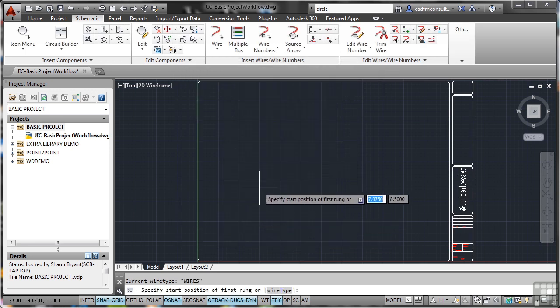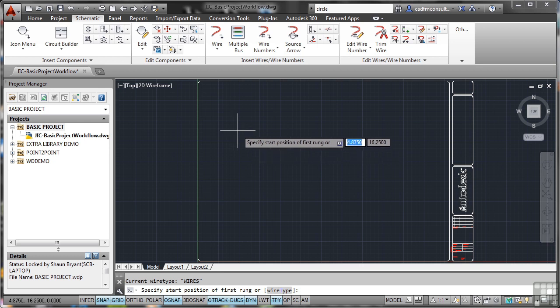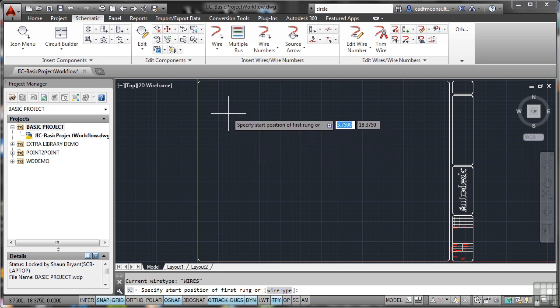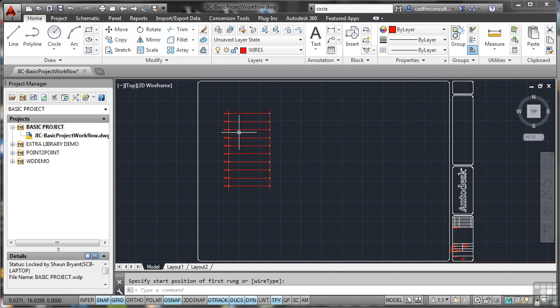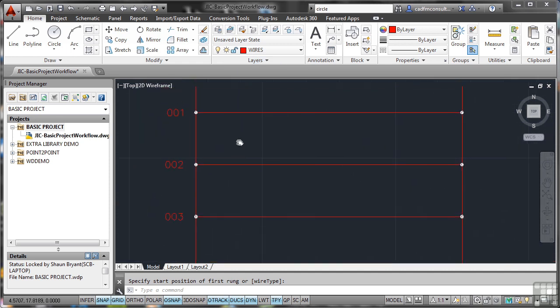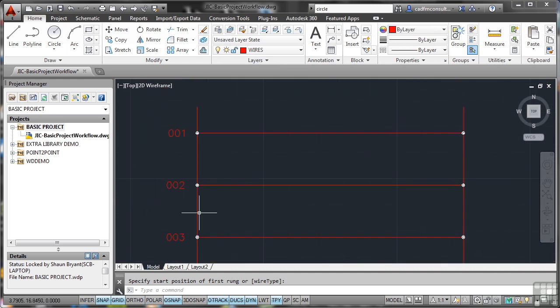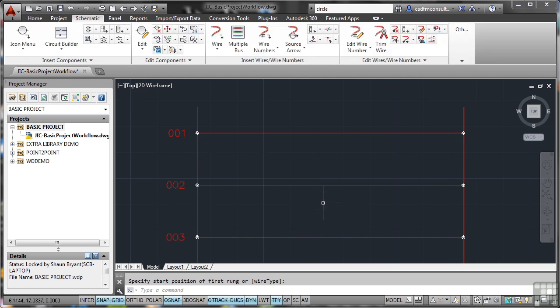When I OK that now, the dynamic input prompts me to start the position of the first rung. So I'm just going to click there. And there's my 10 rungs on my ladder. They're all on the layer wires, which is that red layer, as you can see there. And if I zoom in now, you can see that it's put the nice little points that link the wires to the bus, and it's ready for me to go. So I go back to Schematic, and I'm now going over here to Insert Components, and there, Icon Menu,